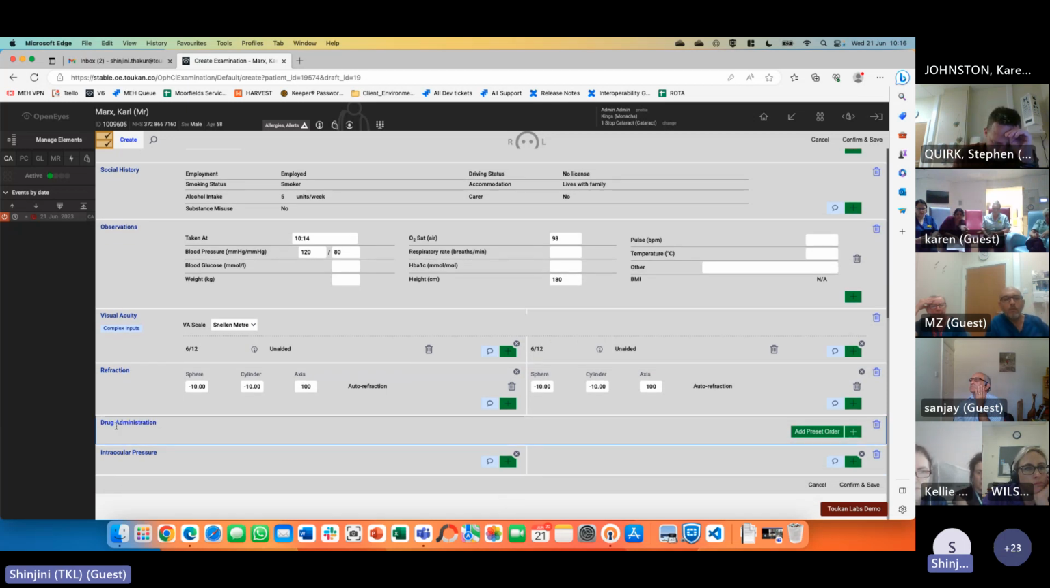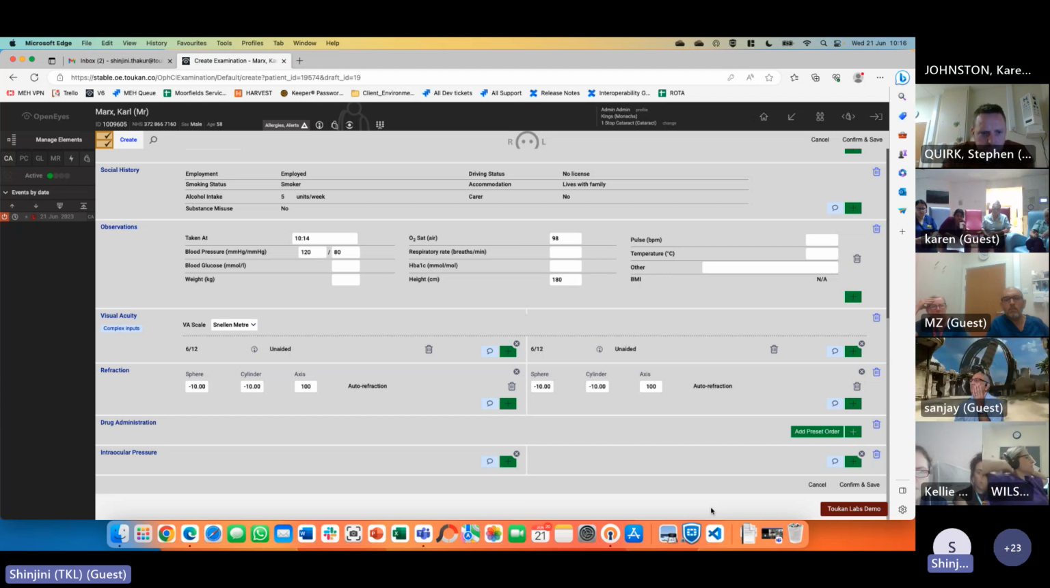Now, drug administration, for example, if the nurse put in dilating drops. So there's something called PGDs and PSDs, which I'm sure you're well aware of, and that gives a special permission to the nursing staff to administer drugs without explicitly having to take a consultant's prescription, etc. So we could set them up,